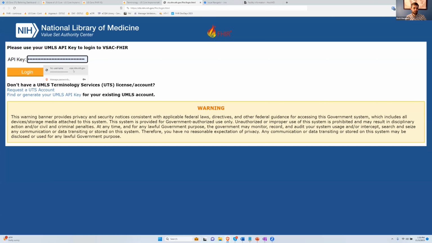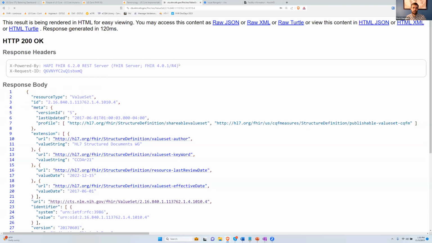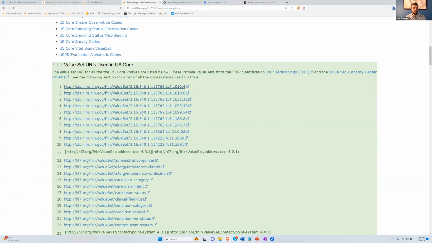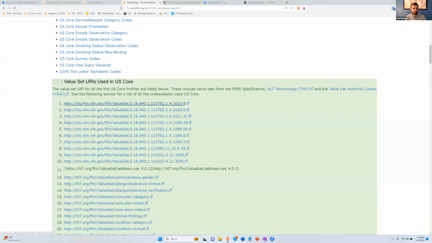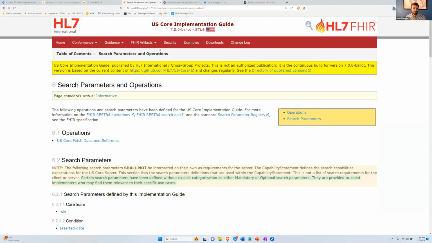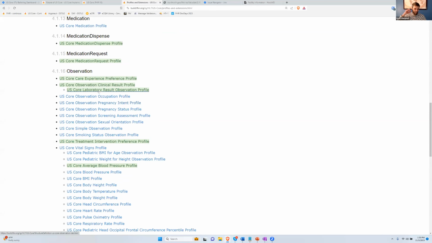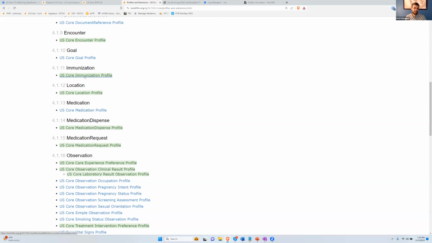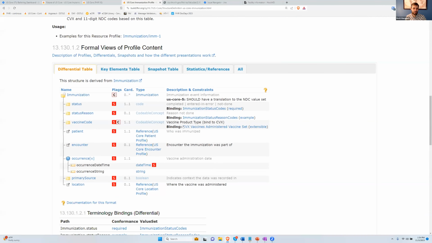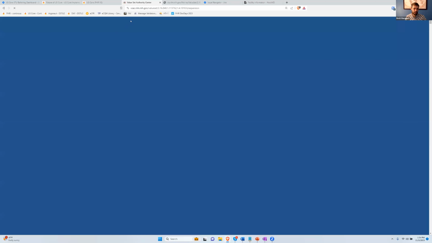But in your browser, if you can save your API key, oh my gosh, did this just not? This was the actual. Let me go a different way. That was actually to a call for the resource. But if you were to go to, that was a way to call and retrieve the actual discrete value set. If I go here and click vaccine administered value set, this links directly to the VSAC page, and so it provides that list. A little slow, might be my internet, might be the connection of the web session here, but once this loads up,